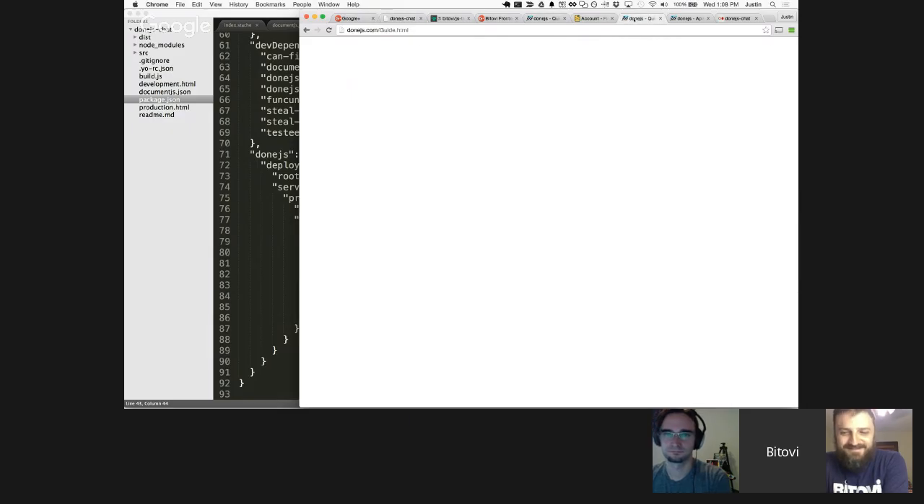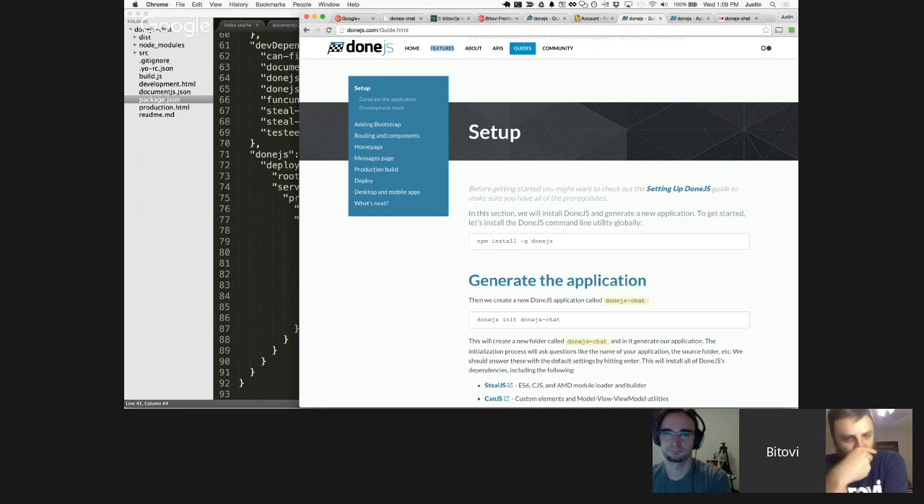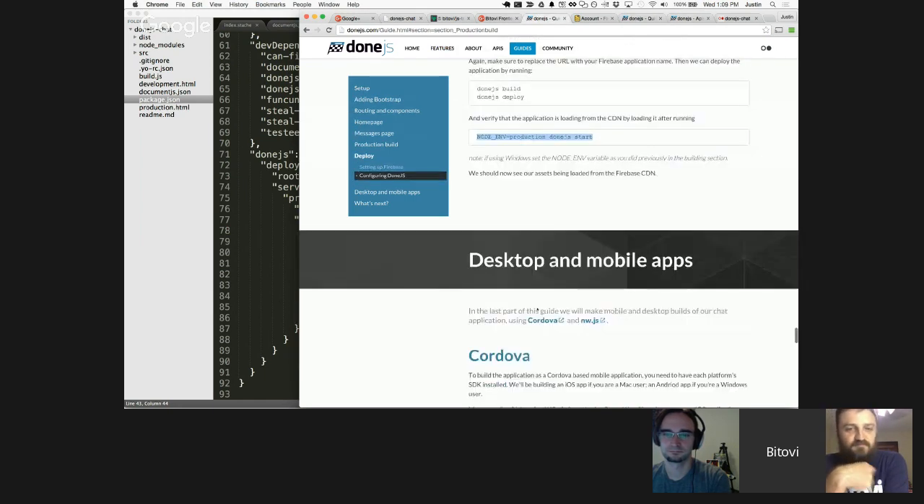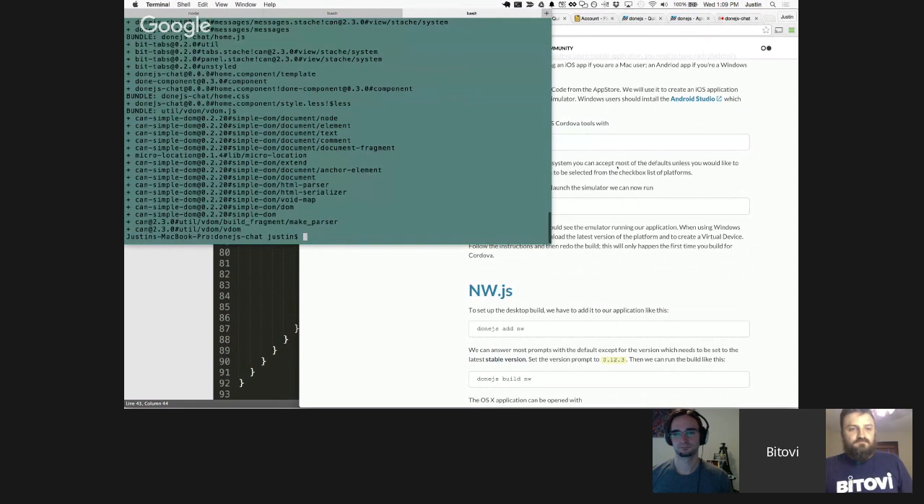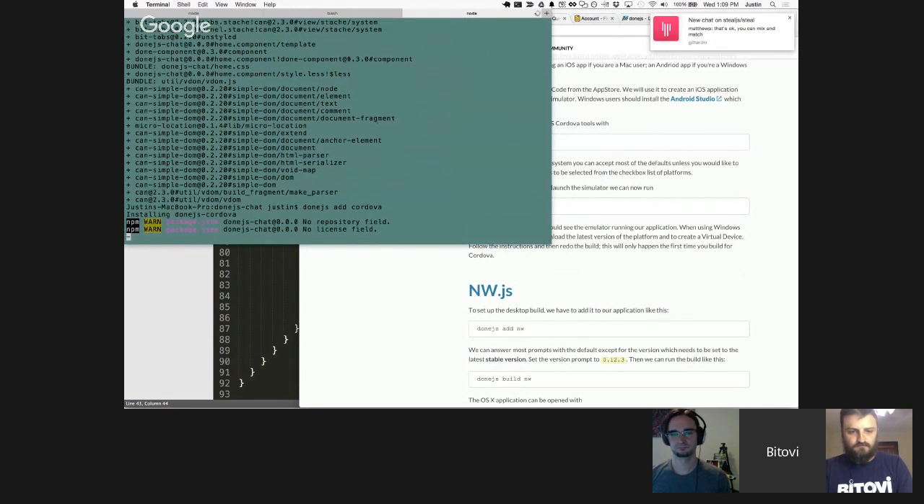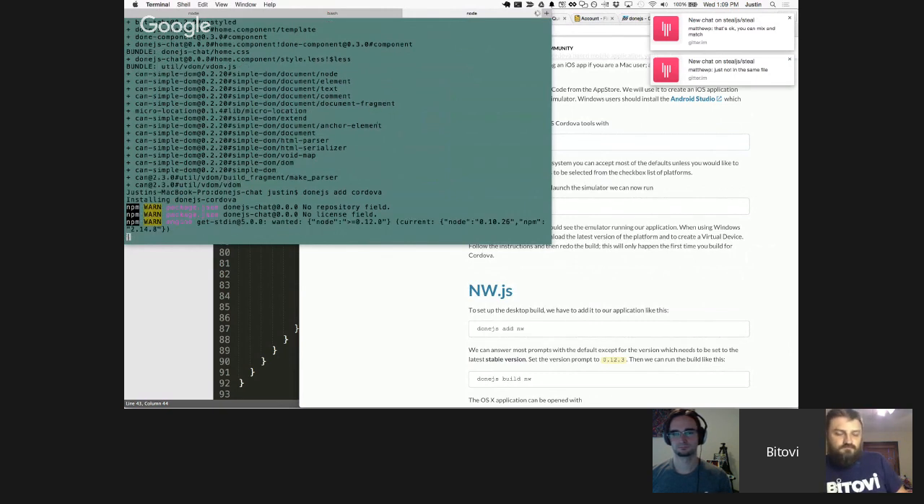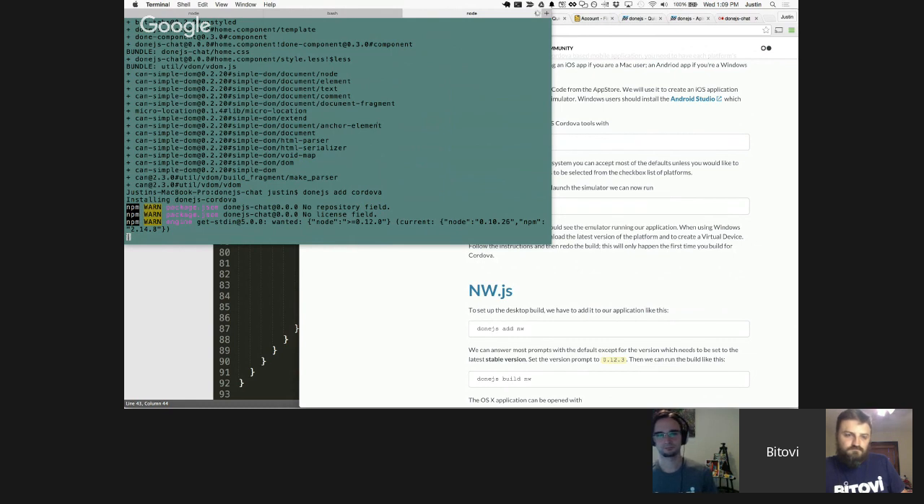Okay, so now we're going to do the final part, which is the really cool part. We're going to build this into an iOS application. To do that, you're going to run DoneJS add cordova. And this is going to download and install everything we need to make an iOS build,